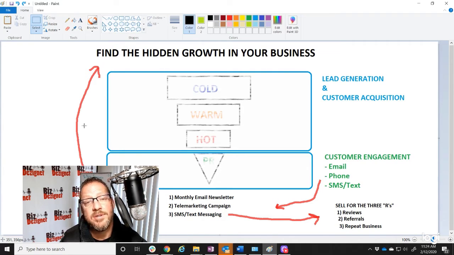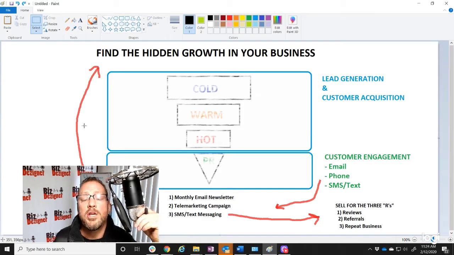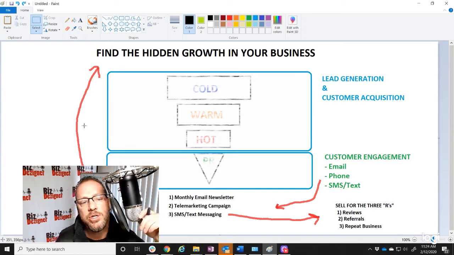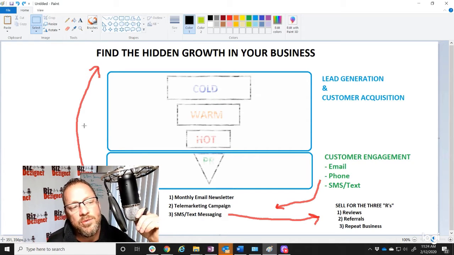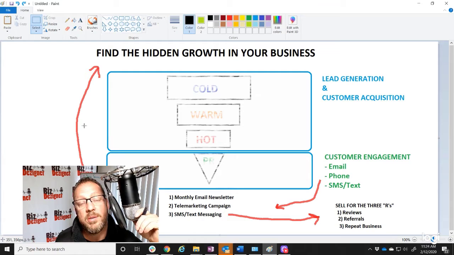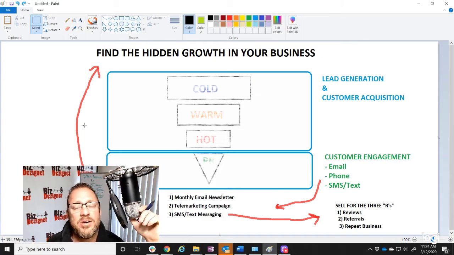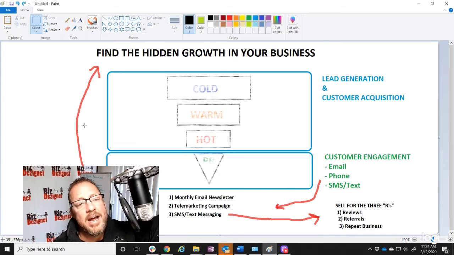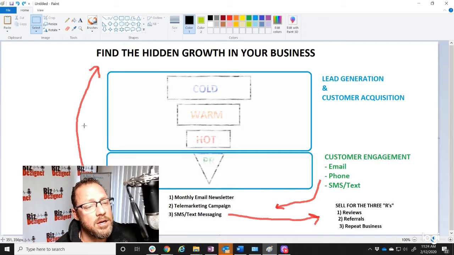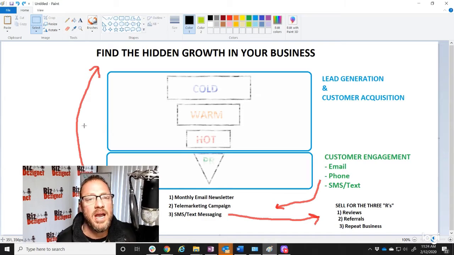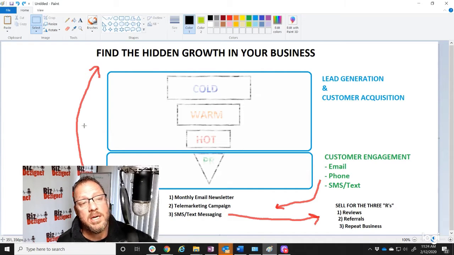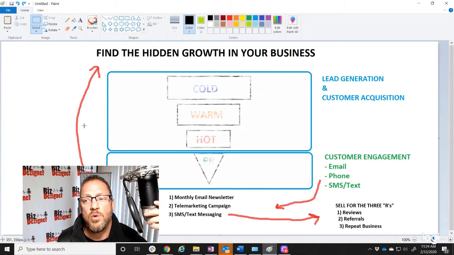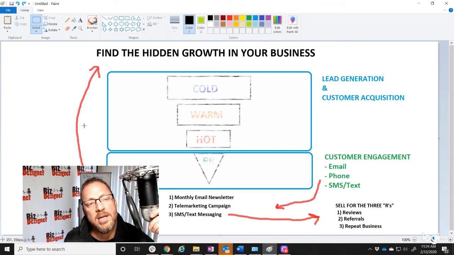And what that does is it gives them the ability to forward that on, and they can do it really easily. What we want to do is reduce friction associated with getting reviews and referrals, and this is a fantastic way to do it through a monthly newsletter, through a telemarketing campaign. And if you don't have the resources and or time and energy in order to accomplish that, I would highly encourage that you go out there and source those resources. And maybe I'll leave a description of where you can get access to those in the body of